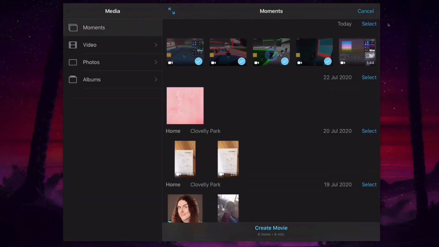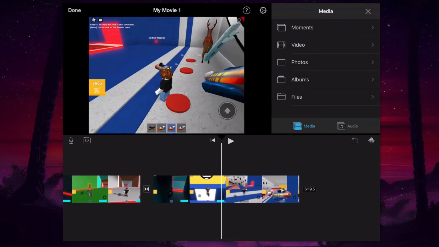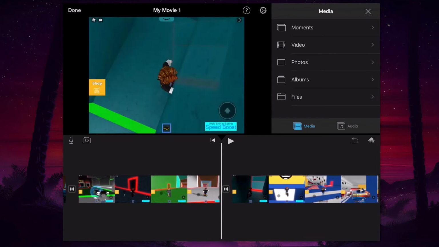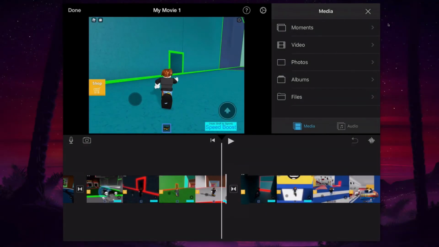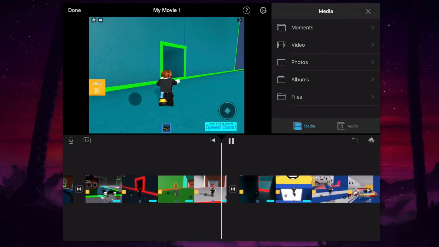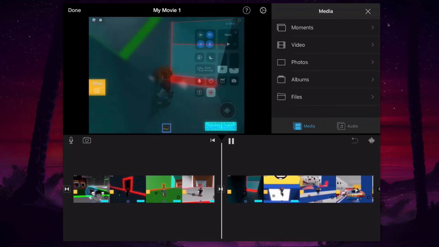So once you've selected the different videos that you want to add in, you select Create Movie. This will then pop all of those videos on a timeline, and you'll see in between the videos there's a little sort of two arrows pointing in. So if I play this, you'll see that it automatically is going to make a transition between one movie and